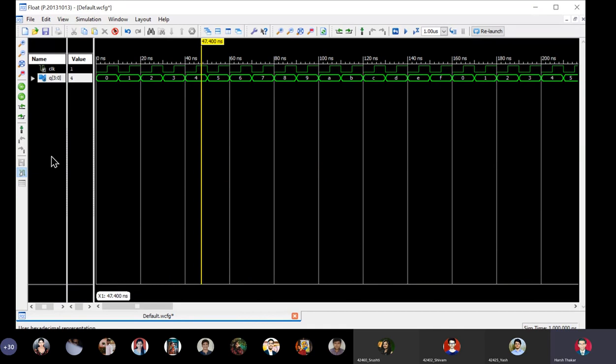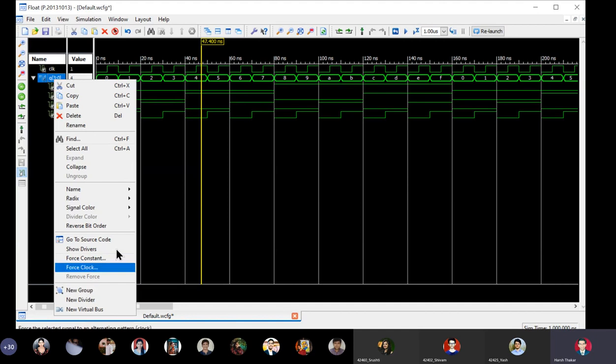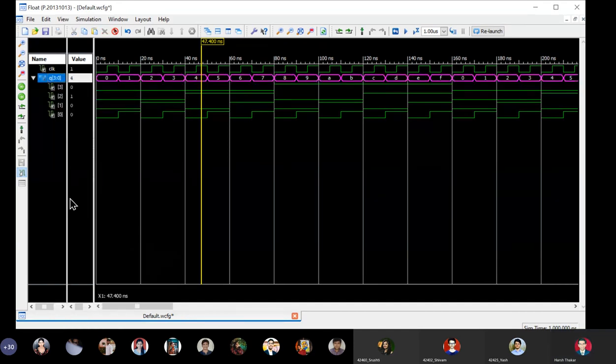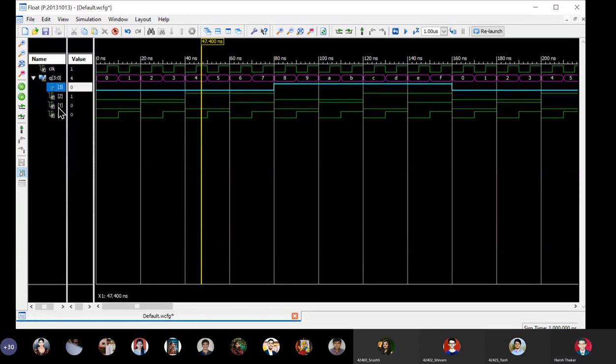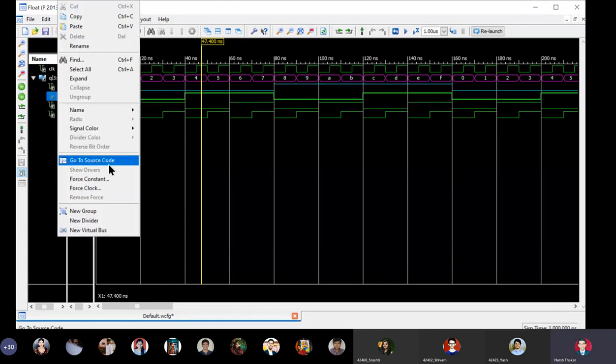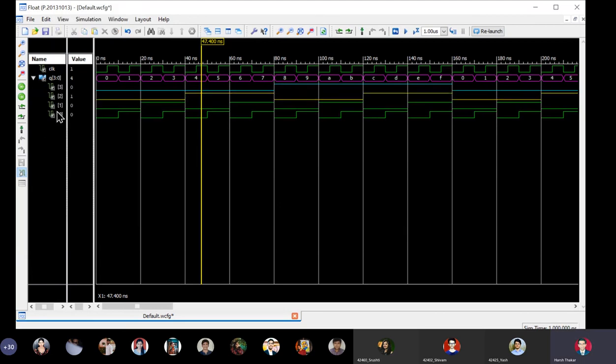If you want some colorful presentation, no problem. We can change the colors of individual bits, or you can also change the color of the whole signal to say pink. Okay. And then we can have individual colors also. MSB. Yellow.